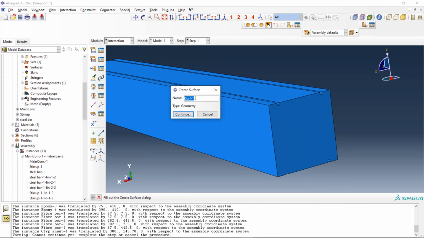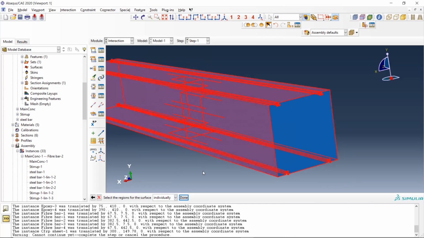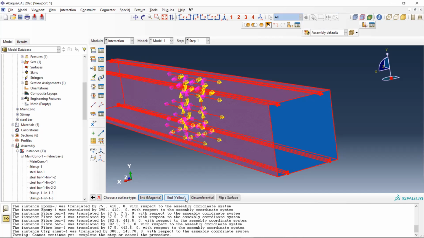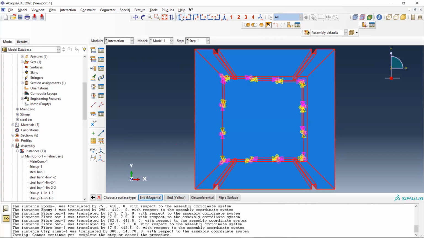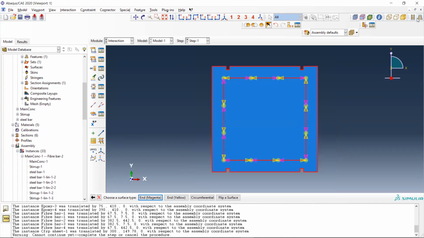You can name this particular surface as master concrete. Select the whole surface, so I'm just selecting that. What are these internal spaces that I'm not getting? Sir, actually, through merge and cut, I have made those cuts, no?